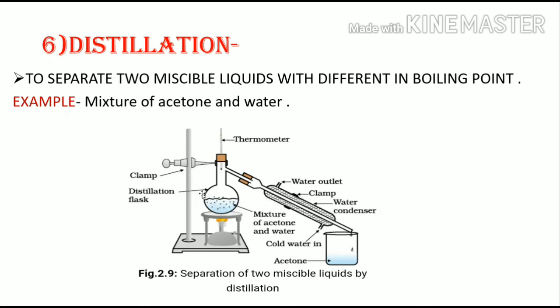Okay, so here the two components of the mixture are acetone and water. Acetone has the lower boiling point, so it evaporates first, because we heat the bottom of this distillation flask. After heating, the acetone evaporates first, because acetone has a lower boiling point than water. Then the acetone passes through this delivery tube, and after coming to this water condenser, it is condensed into the liquid state. Then we get pure acetone here. Okay, so it is a most important technique to separate acetone from water. So the question will come, how can you separate acetone from water? The answer is distillation.